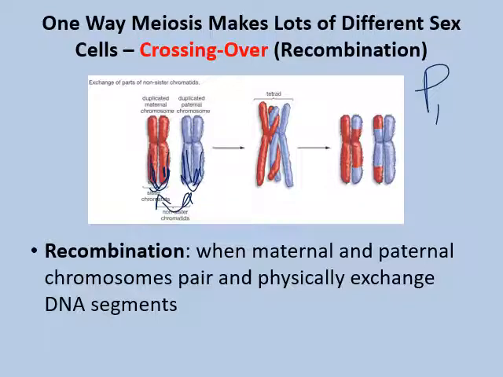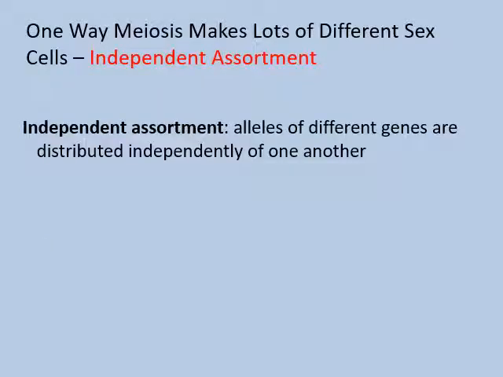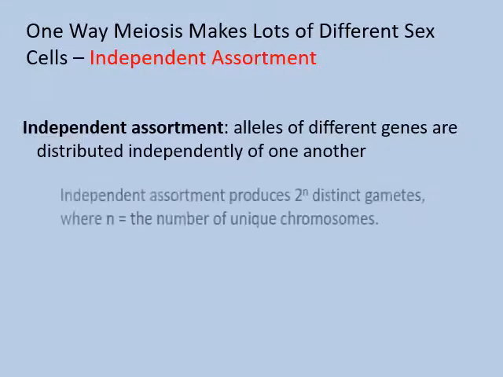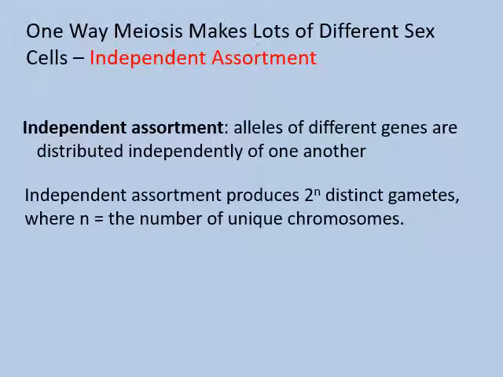And then they're going to cross over to each other to form different chromosomes basically, or chromatids, sorry. So this is what makes them different, is they're actually physically exchanging these DNA segments. You also have something called independent assortment, and that's just that alleles of different genes are distributed independently of one another. So that means that, say your dad has blonde hair, blue eyes, and your mom has brown hair, green